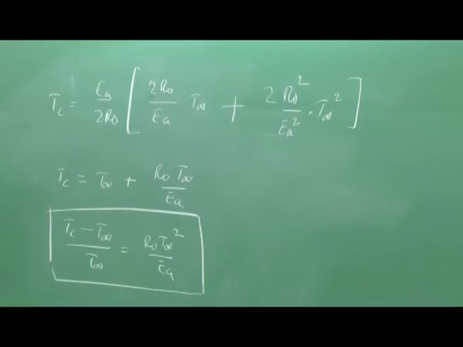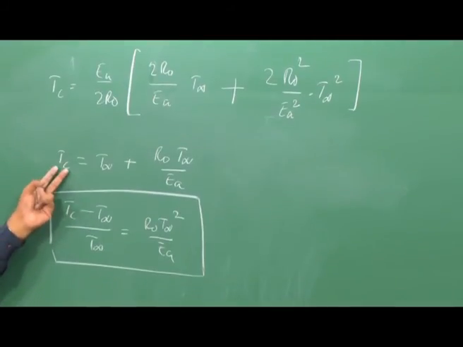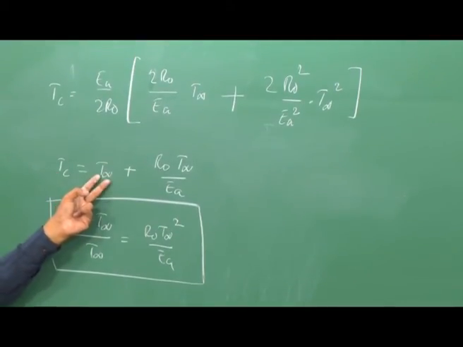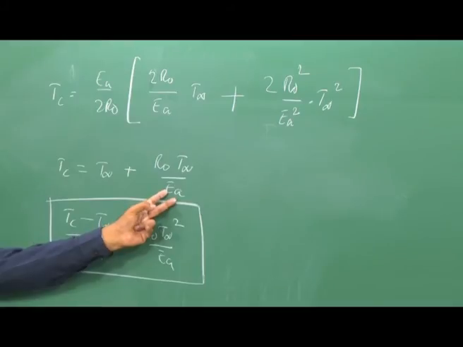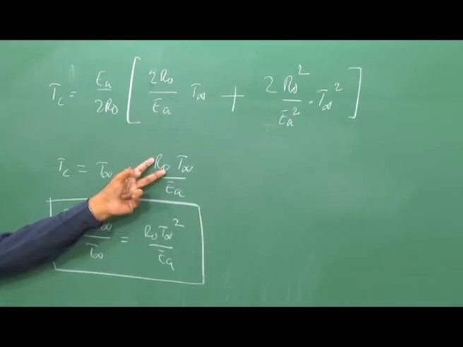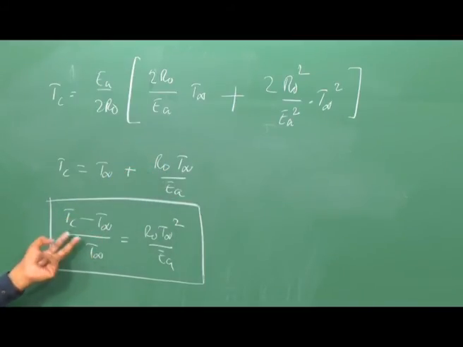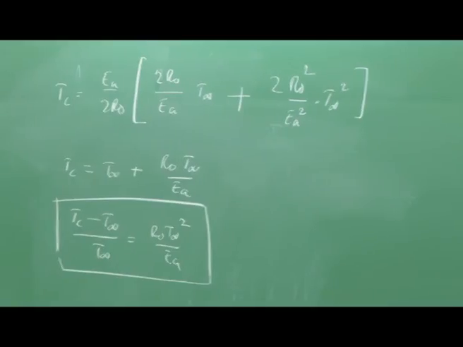In other words, I have been able to get the value of the critical temperature in terms of the ambient temperature and in terms of the activation energy and the value of the universal gas constant, and we get an expression something like this. We now know what is the preheat temperature, and we will continue to discuss this further in the next class.